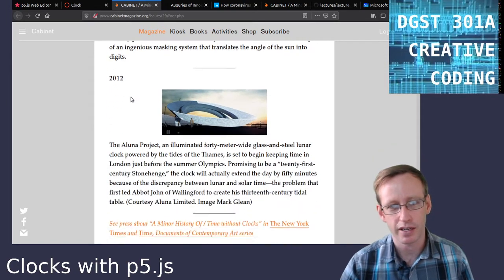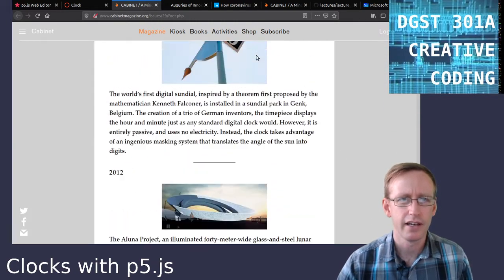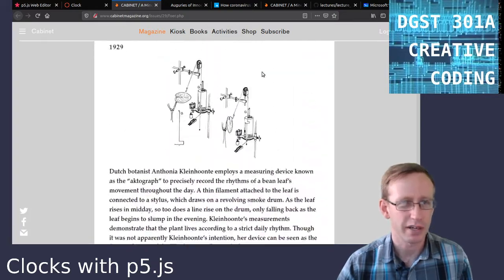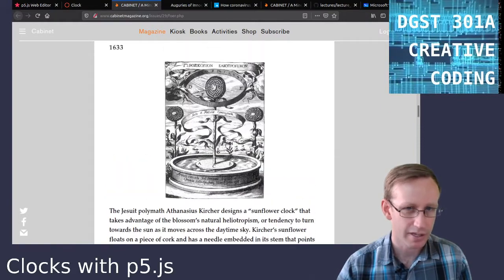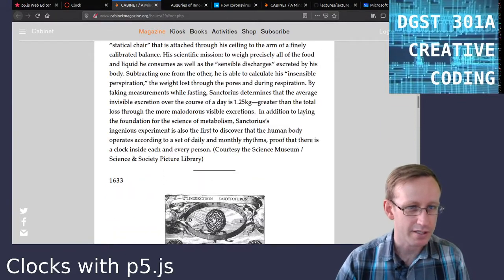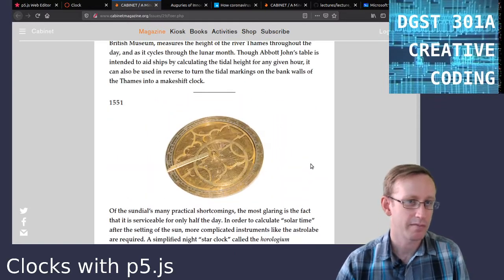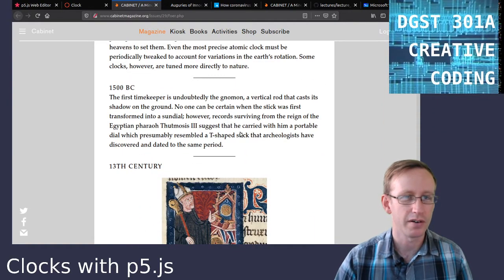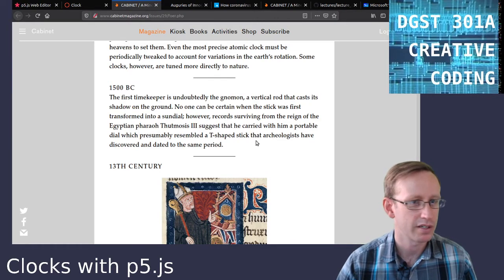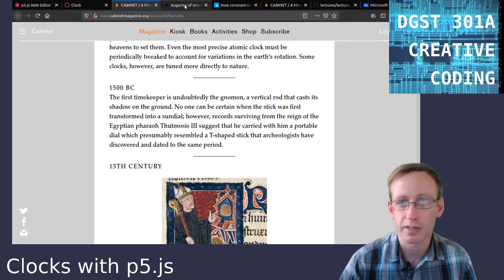And so we can think about it in that sense as well. So read this article, take a look at it, and maybe you'll find some inspiration here. I think one interesting approach to this assignment might be to recreate some other time system, one of these ancient time systems, in a different way. Like, to think about it and represent time according to how a gnomon would have worked, right? So that's something that would be pretty interesting and challenging to do in P5.js,